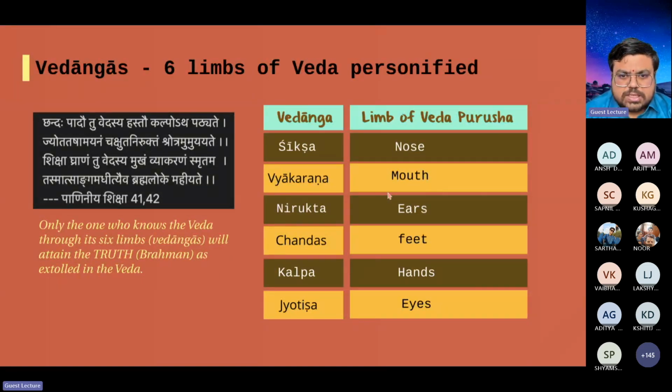Then we have Kalpa Shastra. Kalpa is the science of rituals. You do something to enact the drama that is happening around you, to convey the drama and convey the philosophy behind the drama. And that is compared to the hands of the Veda, because hands